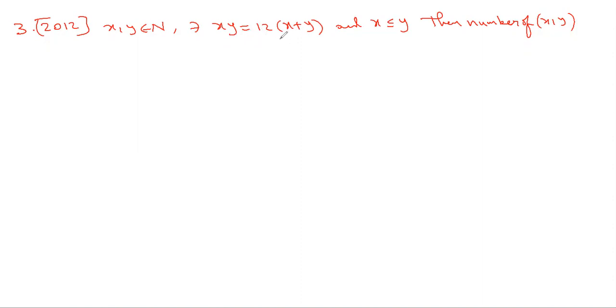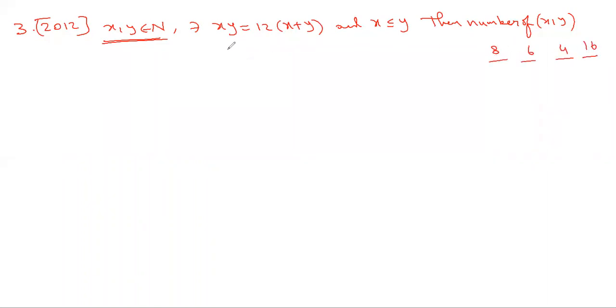But with one equation and two unknowns, we get many solutions, infinitely many most of the time. But here they restricted them to be natural numbers. In such cases, we may get a finite number of solutions, and the options say that the number of such ordered pairs is 8, 6, 4, or 16. One of the 4 options.